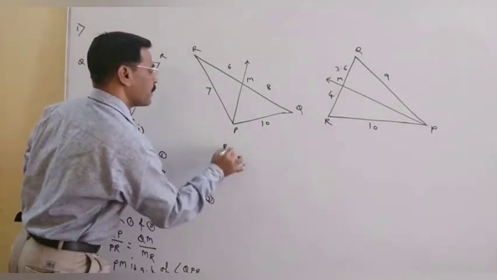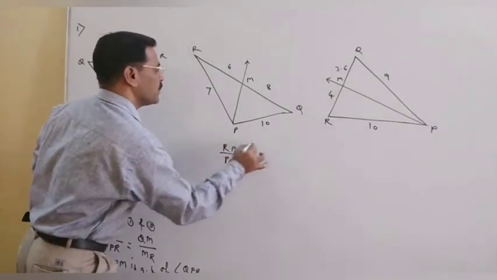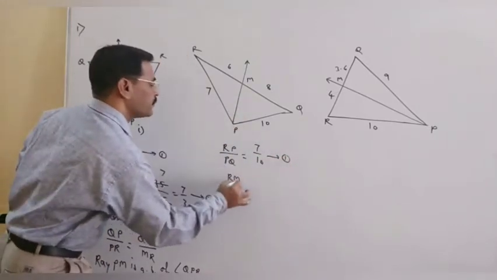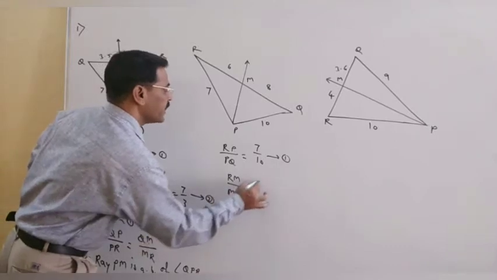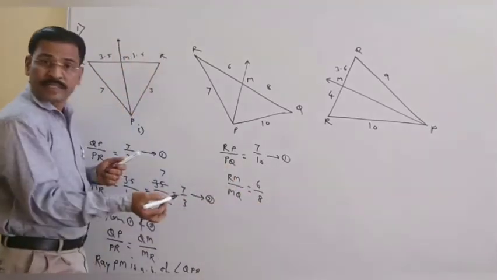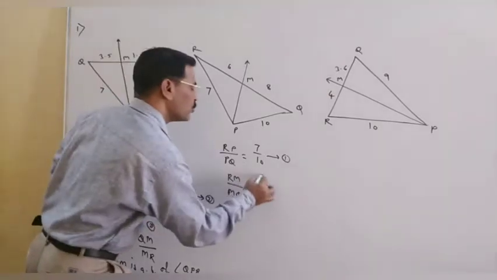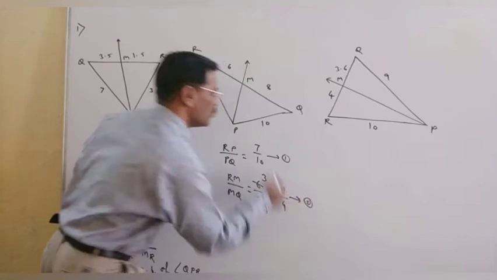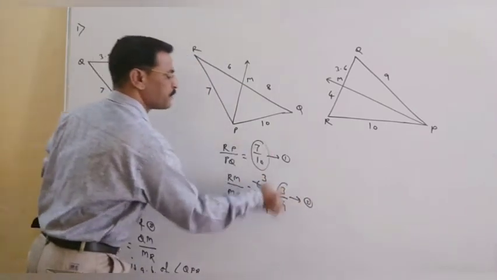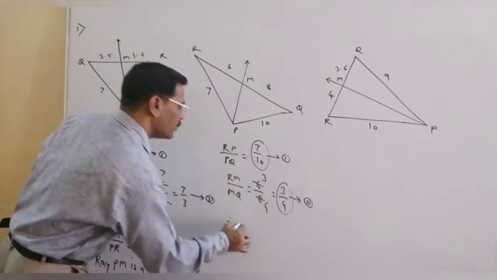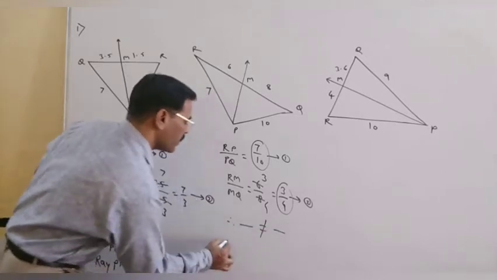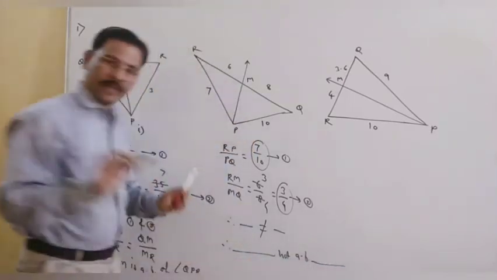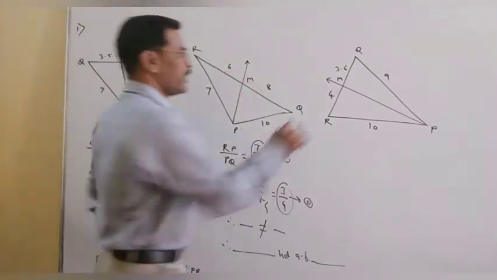See first here. RP upon PQ, that is 7 upon 10. This side, RM upon MQ, that is 6 by 8. Is it divisible? Yes, by 2. 2 threes are 6, 2 fours are 8, means 3 upon 4. This is 2. See here, from both these, they are not equal, so these two are also not equal. Therefore, it is not an angle bisector. Understand? Similarly here also. I'll take here first